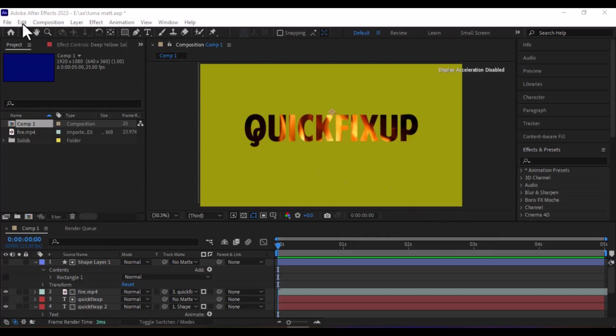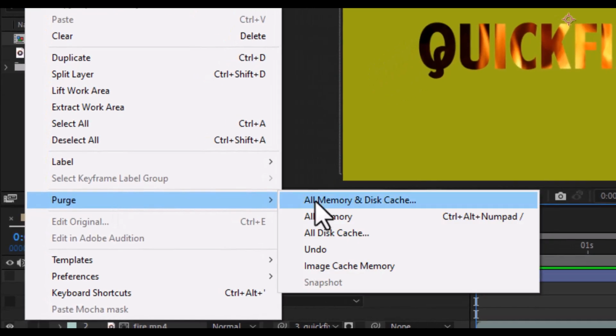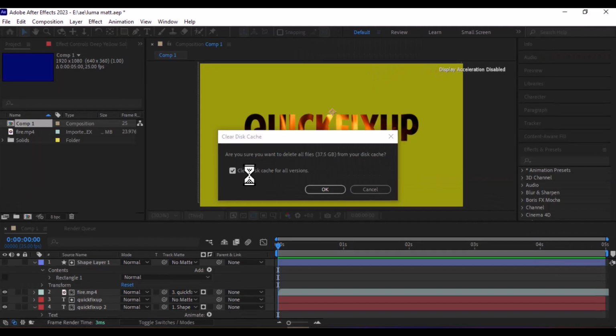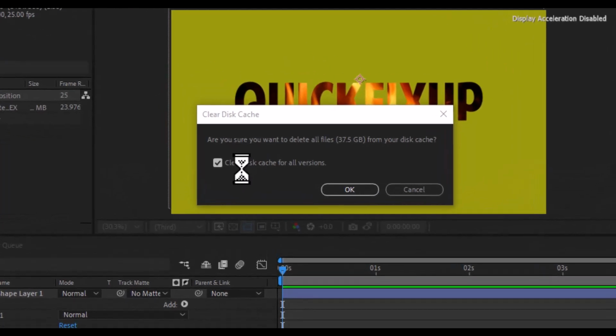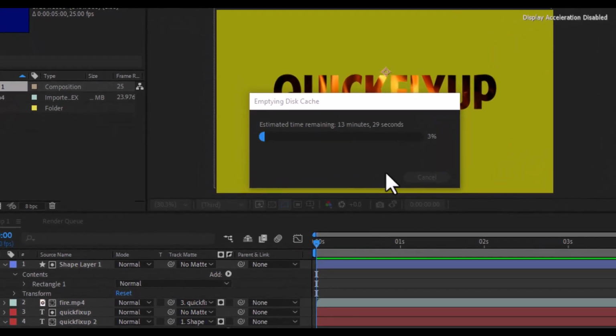Clean disk cache. Go to Edit, Purge all memory and disk cache. After Effects saves temporary files, previews, and rendered frames in a disk cache folder to speed up your work. But over time, this folder becomes very large and messy with old and unnecessary files. When the cache is full or corrupted, After Effects has to search through thousands of files, and this is what causes slow performance. By cleaning cache, you are basically deleting junk files and giving After Effects a fresh, clean space